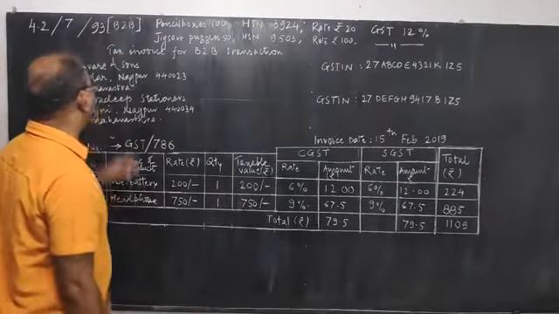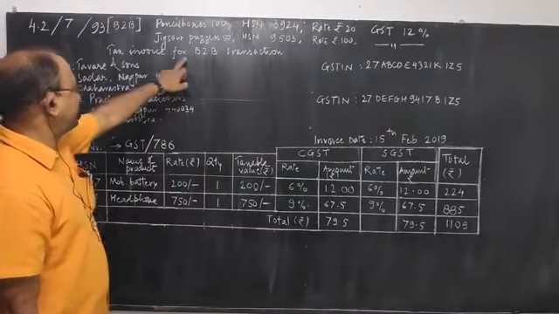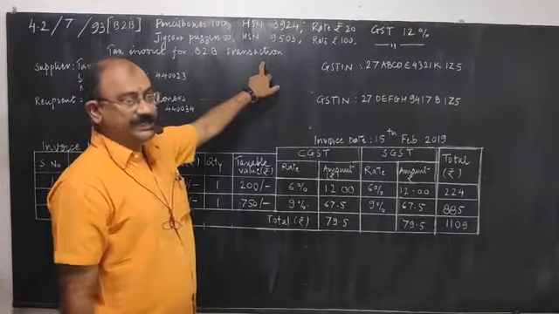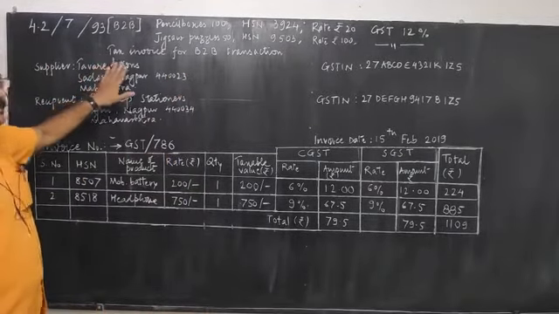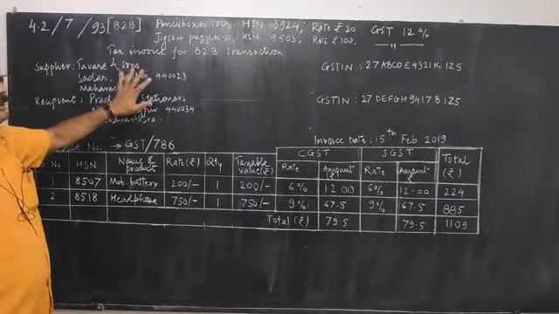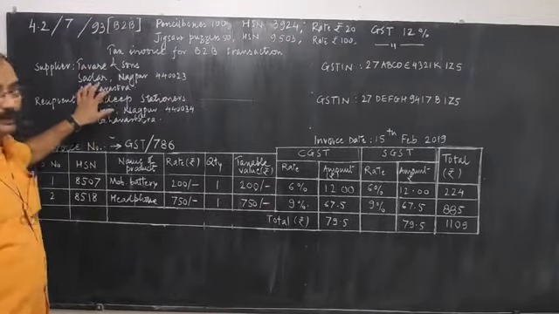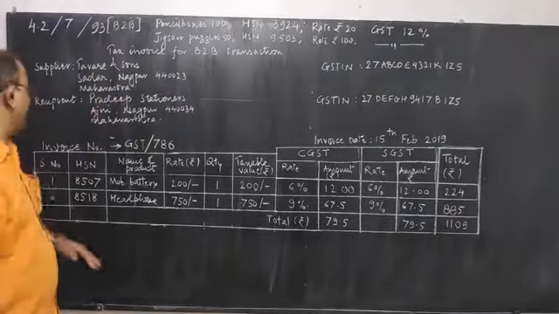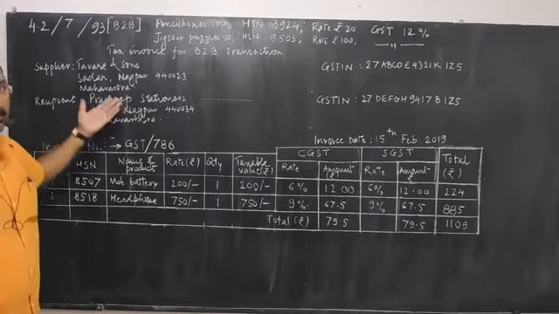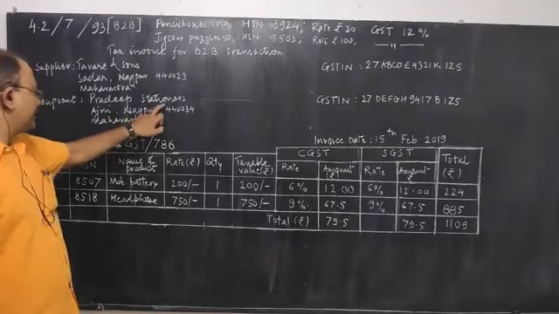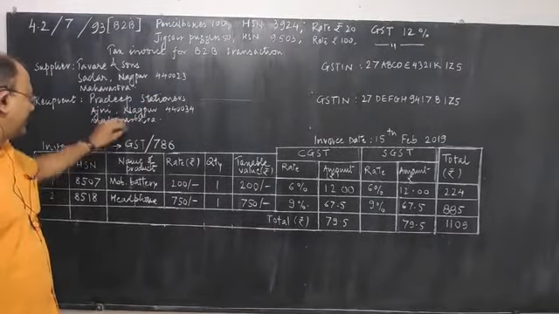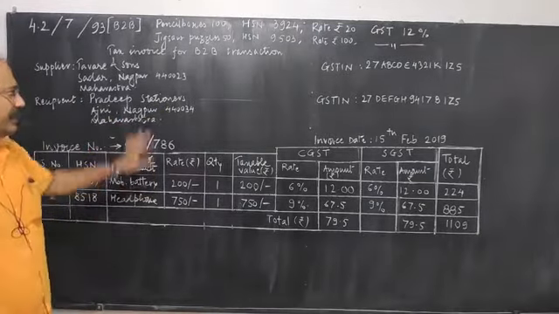So we are starting with the heading: tax invoice for B2B transaction. Name of the supplier, some name we have to give, name, address with pin code, and state also. So that is mentioned in the problem. Then recipient, some businessman, because it is a B2B transaction. So another businessman, Ajini Nagpur so and so, and state also written.